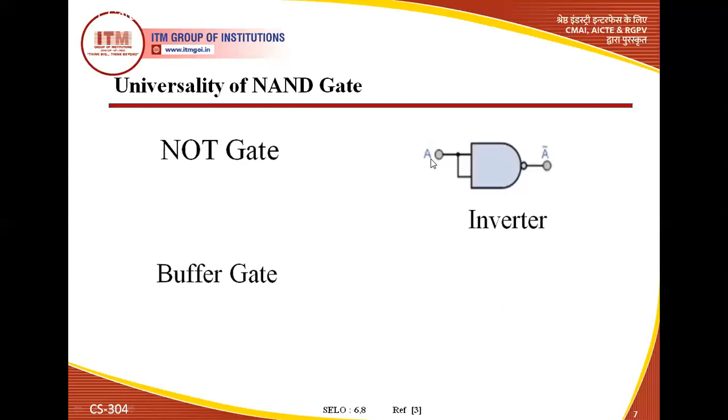It means that if we are providing here the A, at that time we are getting here the A. It means that we can see from this diagram, here we are providing the common input from this NAND gate 1. So at that time we are finding here the A bar, and A bar is common input for this NAND gate 2. So at that time we are getting here the A. तो मतलब ये है कि हम यदि एक इनपुट प्रोवाइड कर रहे हैं तो यहाँ से हमें वही का वही आउटपुट मिलेगा, if we are cascading the inverters. So at that time we are getting the same input at the output terminal. So this is basically the buffer gate.